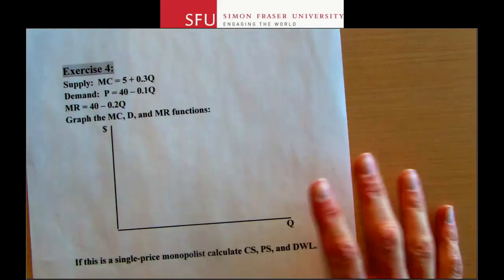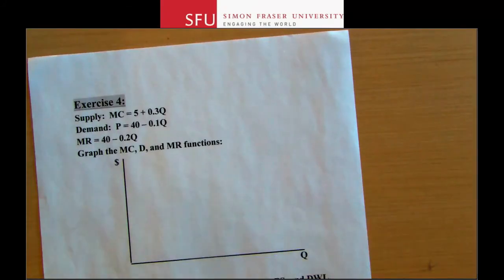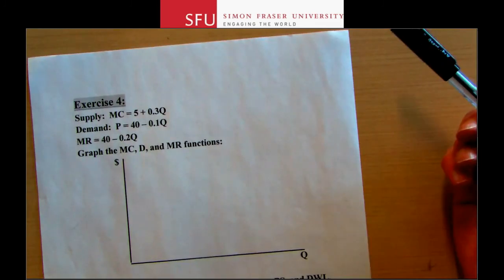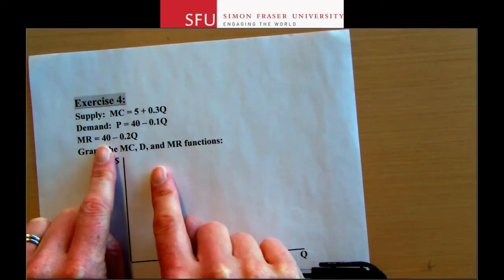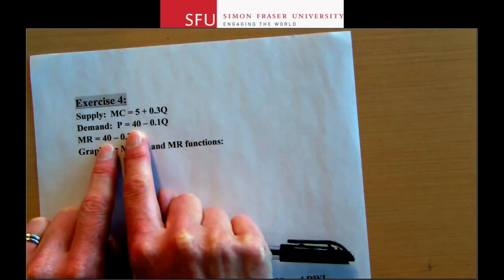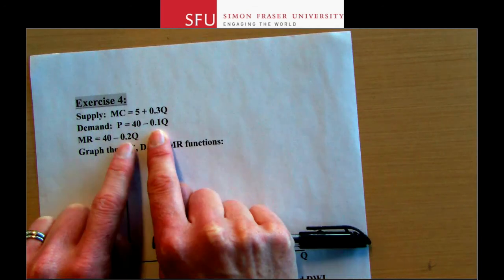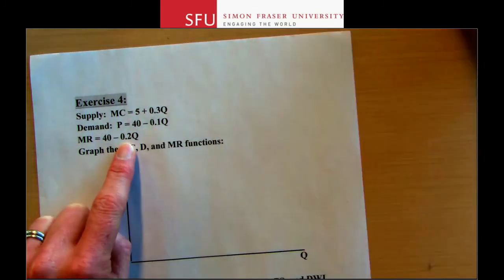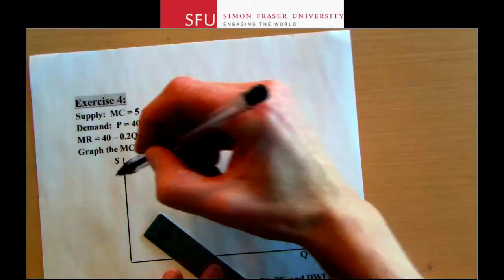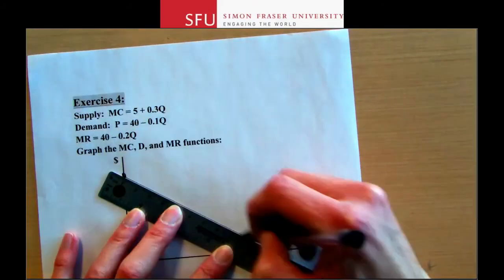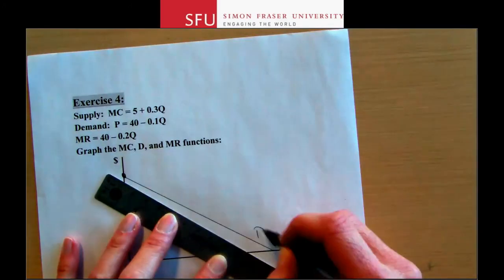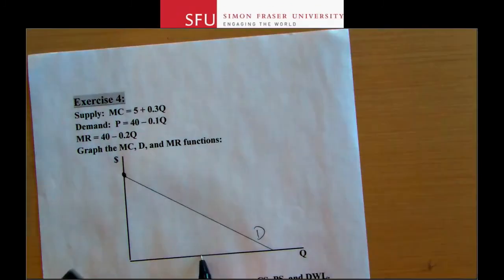All right, so last page of the notes, and then we'll do this, and then I'll give you guys a break, and then we'll do the assignment. Okay, so we have a supply curve and a demand curve and a marginal revenue curve. So you learned about this last class. Remember, when you're deriving a marginal revenue curve, it has the same vertical intercept, but twice the slope of the demand curve. And so that's why they're drawn the way they are, right? They both start at the same point here, but then the marginal revenue curve is twice as steep. So it would go to about there.